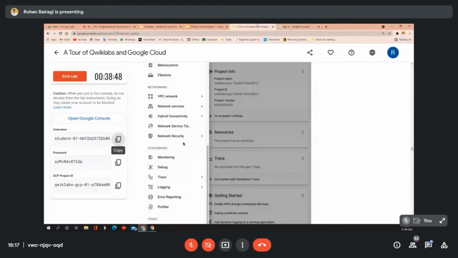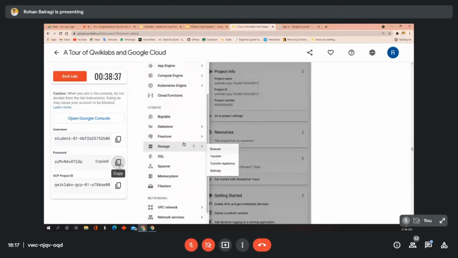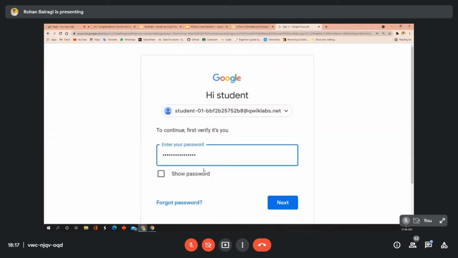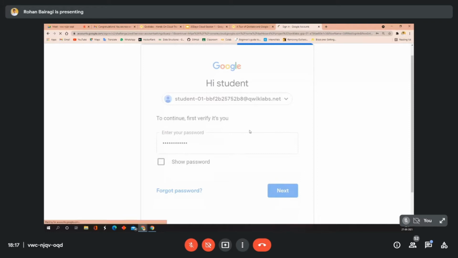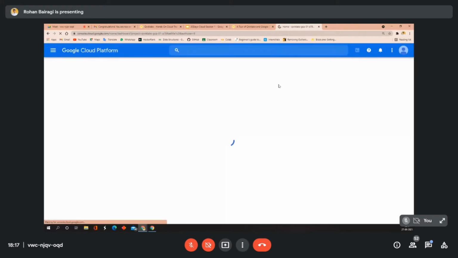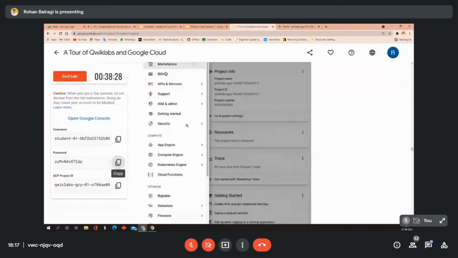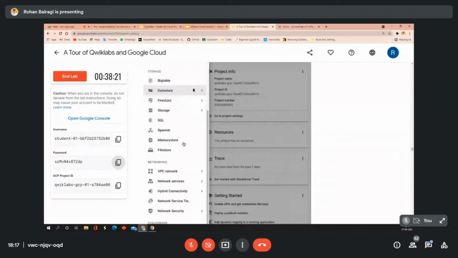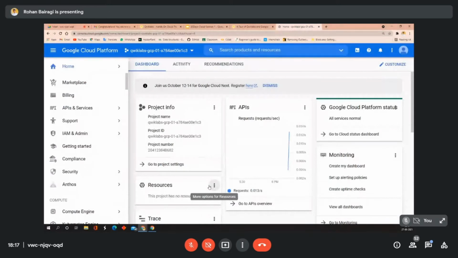Again, go to the previous tab, copy the password from the left panel, and paste it here. You will get logged in with that account. Don't log in here with your personal mail, otherwise it won't work. I think all of you have done this till now.